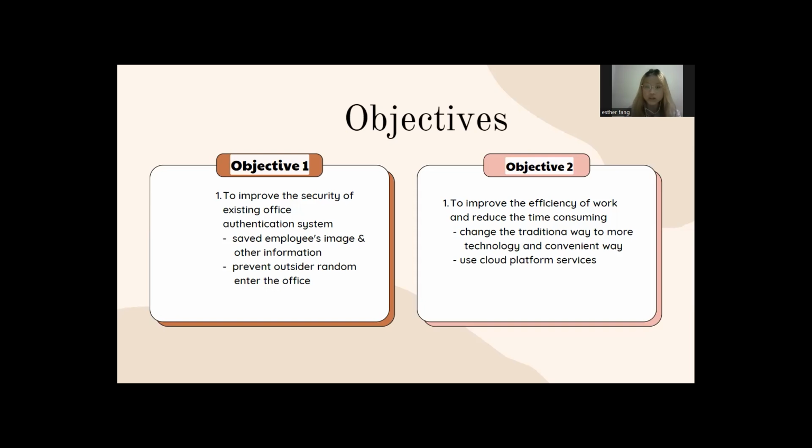Besides, our second objective was to improve work efficiency and reduce the time in the authentication process. Through our project, employees just need to scan their face, let the system recognize and verify, and they can easily enter the office.